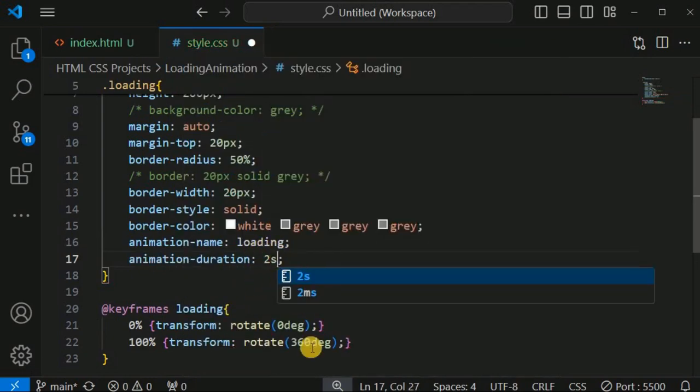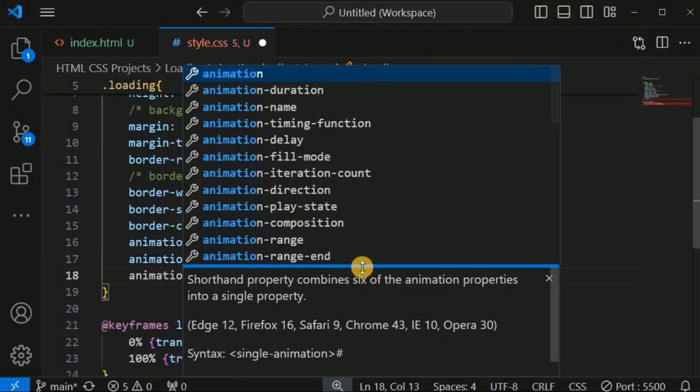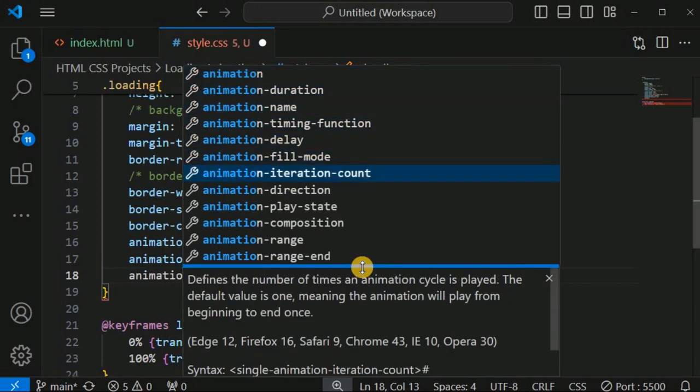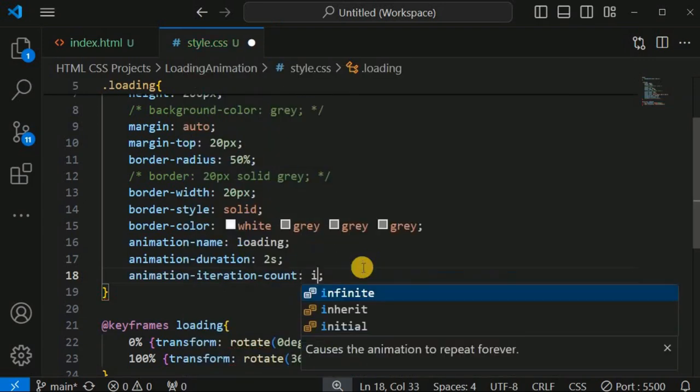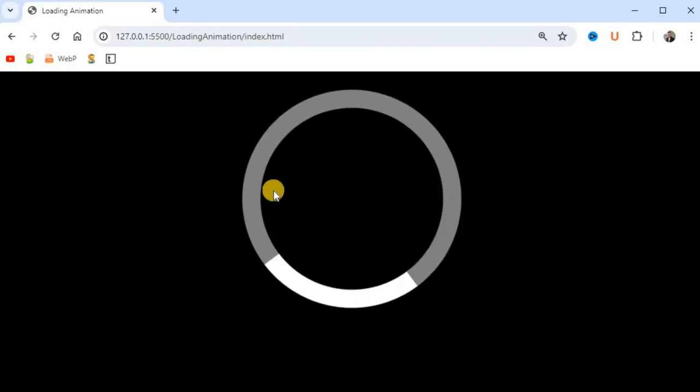So within 2 seconds the icon will rotate itself from 0 degrees to 360 degrees over here, and then after this we want to rotate it infinite number of times. So basically we make use of this animation iteration count over here, and we provide the value that is infinite in this case. Let me just save this file now, and if you see the web page, as you can see in 2 seconds the icon is getting rotated over here,